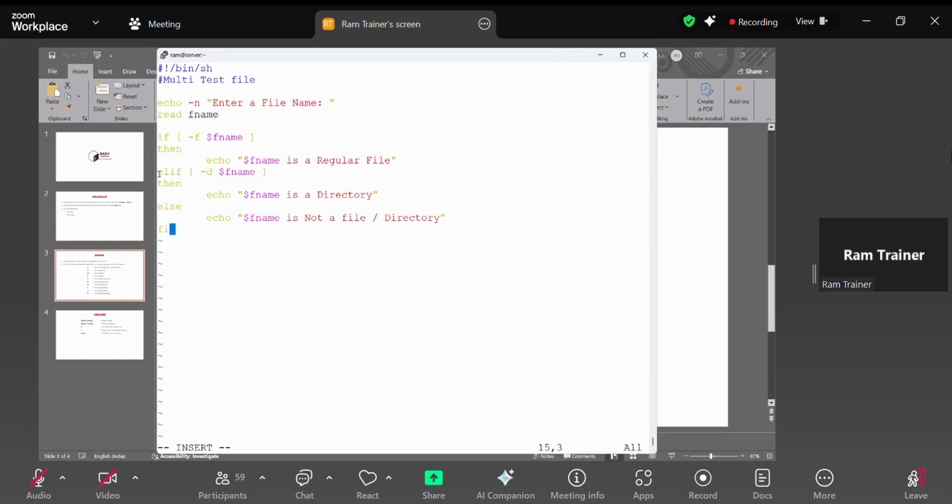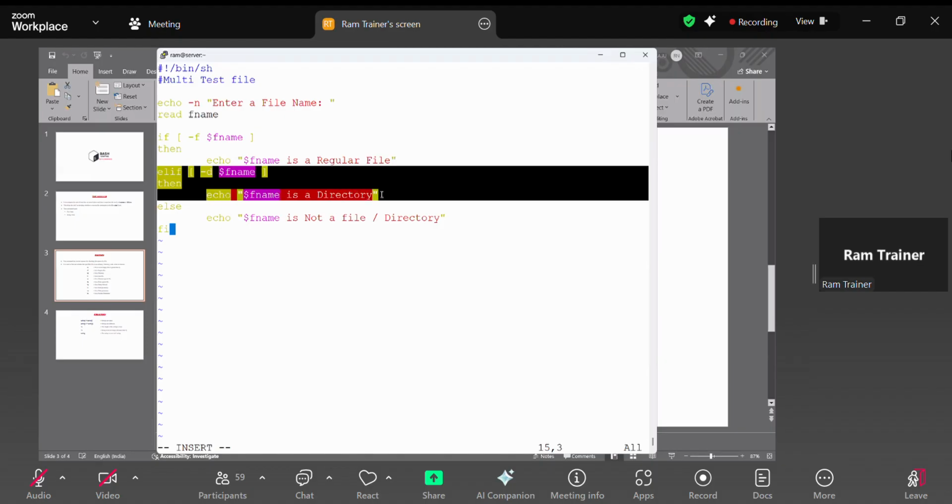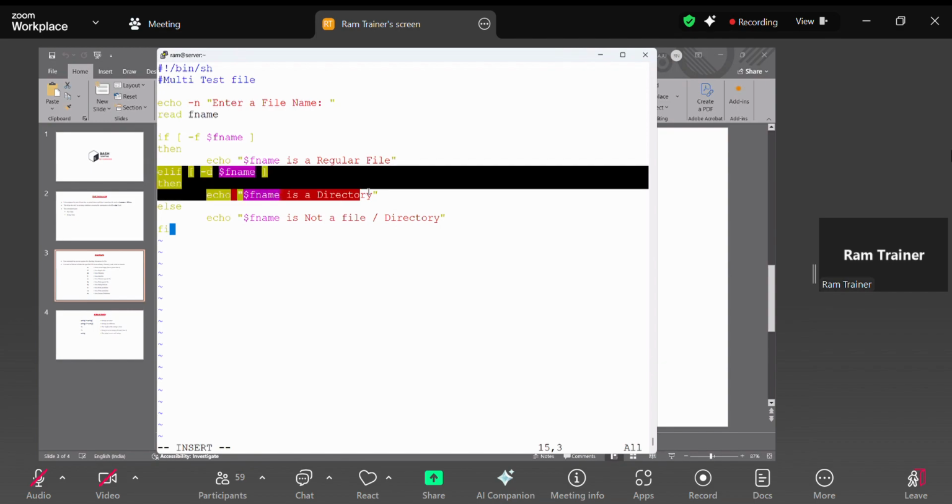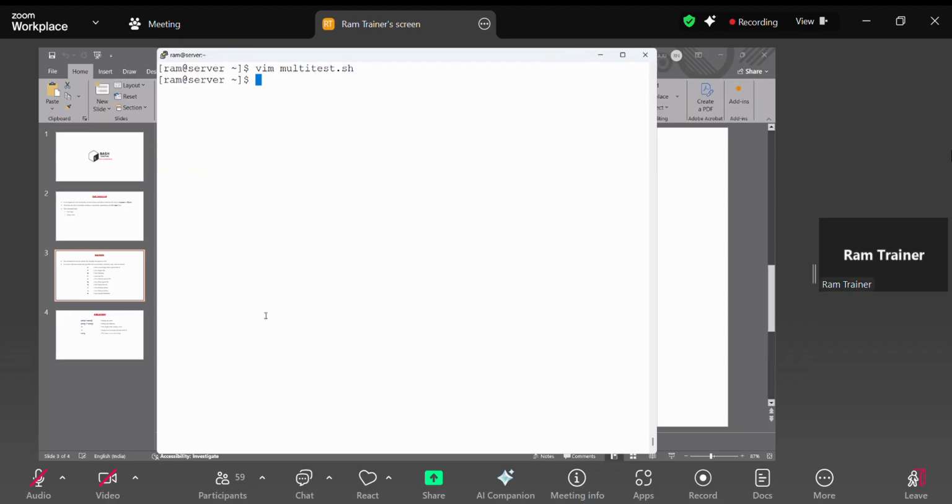We can even open multiple elif blocks also. Okay, you want to test read or write permissions, I mean read or executable file. Again, to open this, open one more elif block. And again you want to open one more test, again open an elif block. Okay, so now to save it, chmod +x